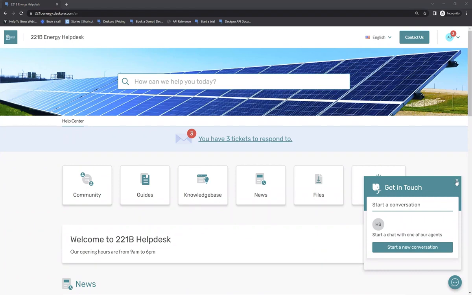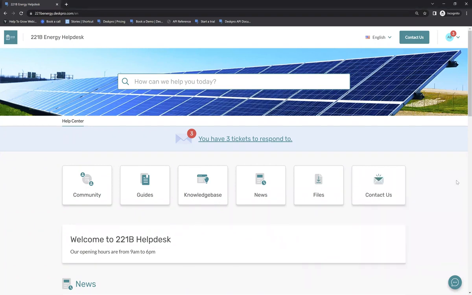So Deskpro is a help desk software company that allows you to stay communicated to your customers or users through various channels, allowing hopefully your team to have the best customer service that you possibly can. So in terms of channels that we support and how we are able to help your team,